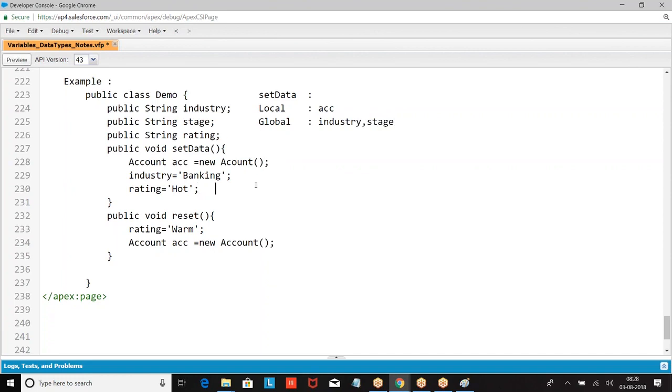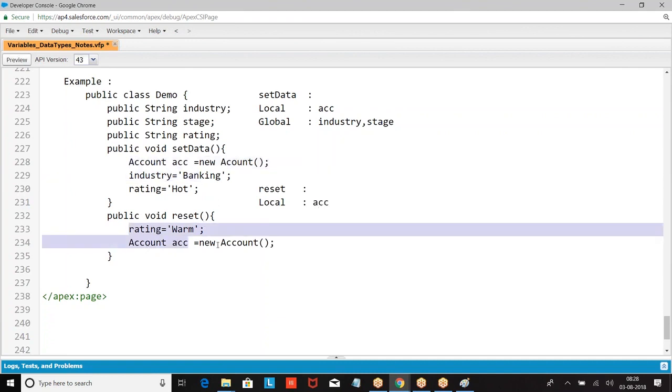Now for reset, what is the local data? Now this ACC and the above ACC, are they the same or different? This is local to this, and this is local to this. They are not the same. The names are the same, but their values are different. What is the global?